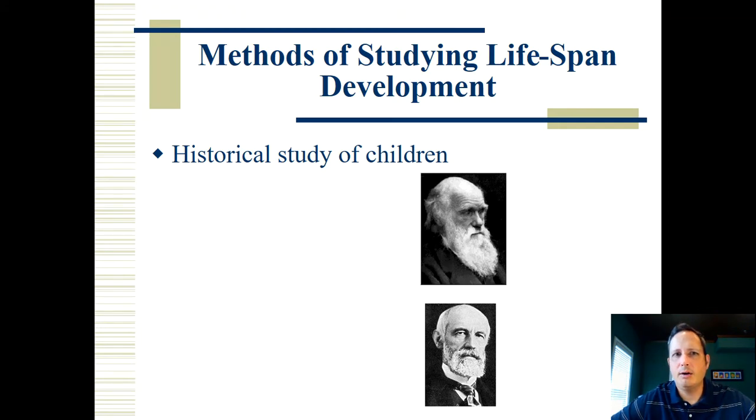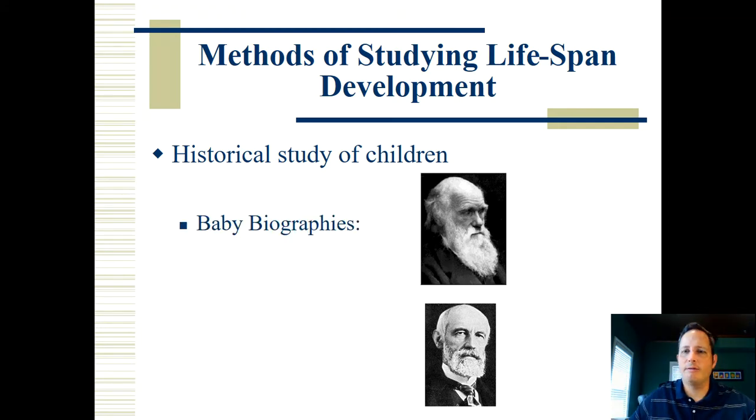So the man here, where we see baby biographies, is Charles Darwin. You probably have heard of Charles Darwin, and especially The Origin of Species being his most famous work, but he was one of the most famous scientists of the day. He wrote a baby biography, which is basically, he wrote about his own children and their development over time. Now, he was not the only one to do this, and they were fine for what we would call